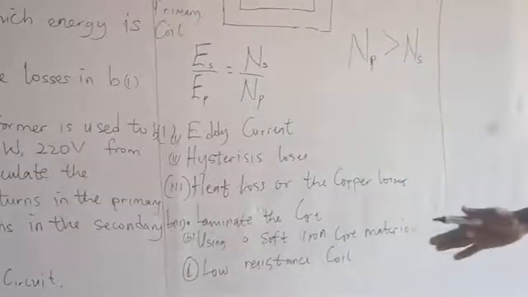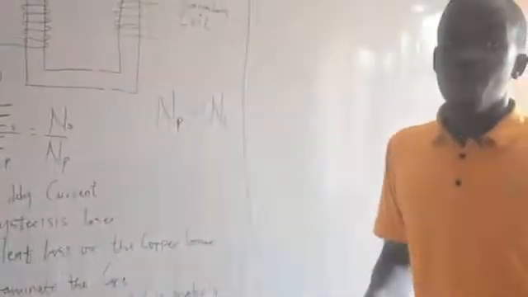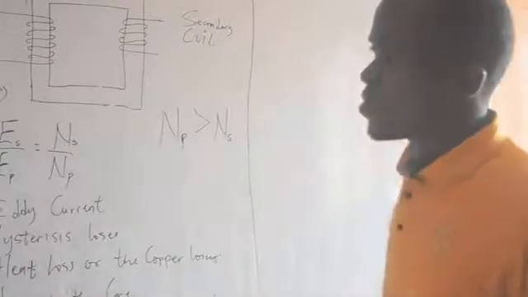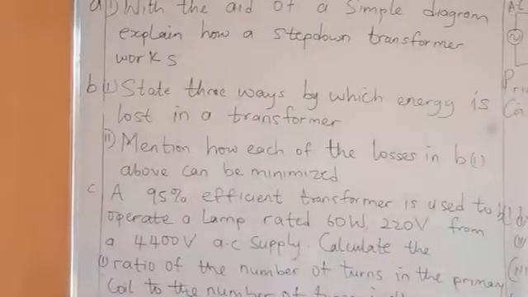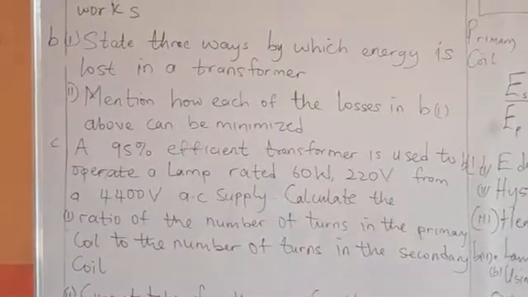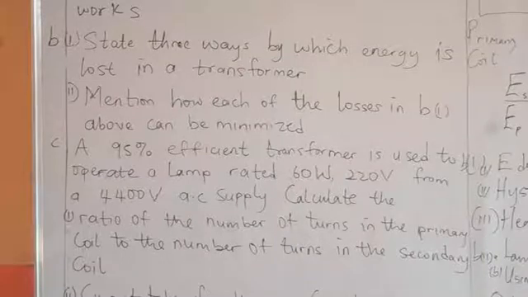So these are the remedy for what we'll be having here for that of the transformer. Now, looking closely, we have a question there. And what does the question say? It says a 95% efficient transformer is used to operate a lamp rated 60 watt, 220 volts from a 4,400 volts AC supply. Now, we are asked to calculate, remember figure 1, the ratio of the number of turns in